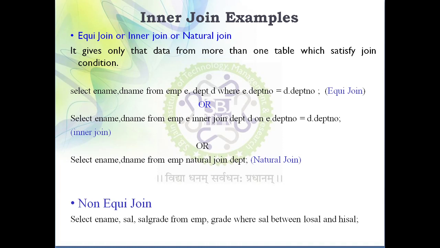the grade should be 1. So in this way, suppose my problem statement is I want to display employee name, their salary along with the grade under which their salary belongs. This much information I need to display. So it is clear that employee name and salary are present in the employee table, but grade is not present in the employee table; grade is present in the sal grade table.